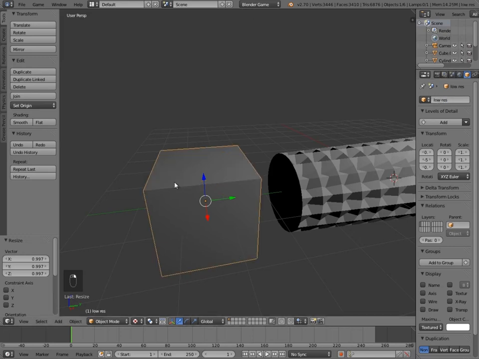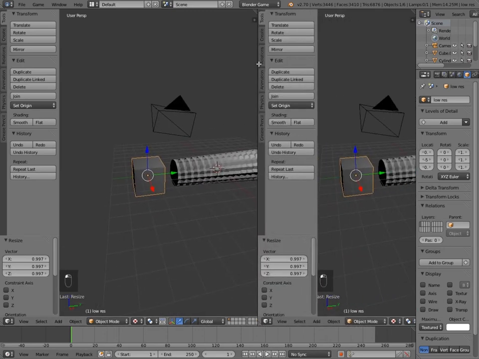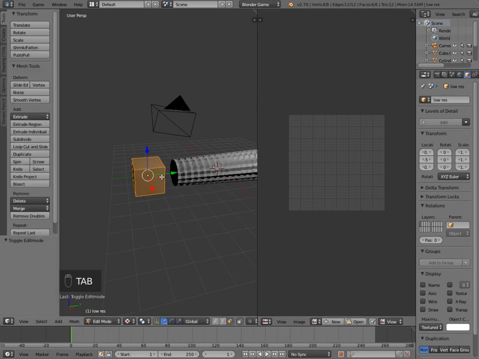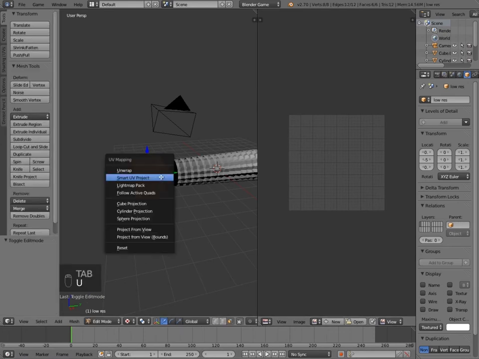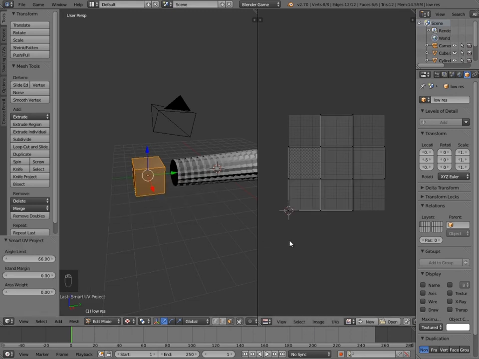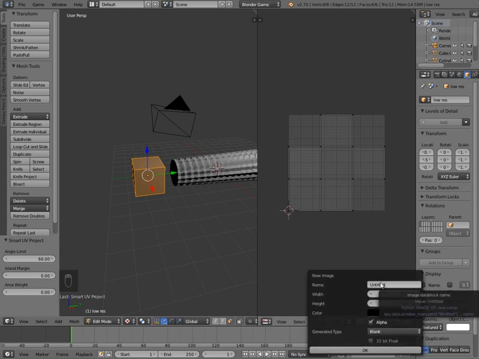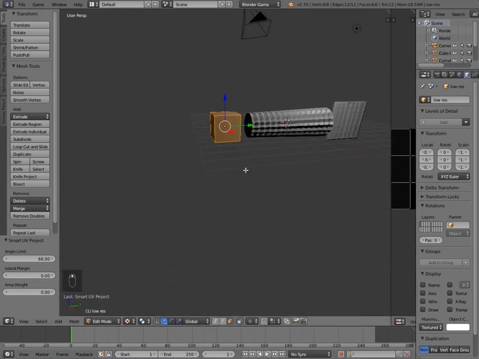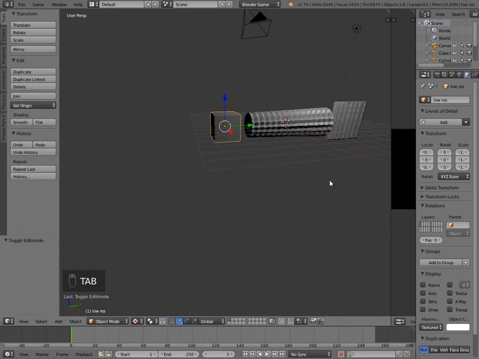And then basically what we want to do is select our object here, low resolution, make a new window, select UV image editor, and then press Tab, and U and Smart UV Project, then click OK, and it'll chop it up in there. Now we need an image, so we're going to click New Image, and I'm going to call it Normal Map, like so, and then I'll click OK, and there we go. So we'll move that across, and then we'll press Tab again to go out of edit mode,